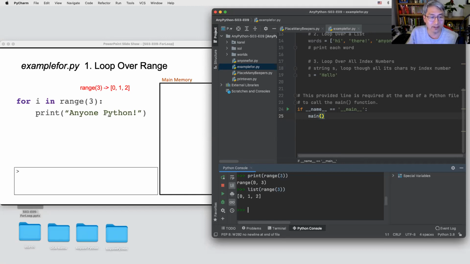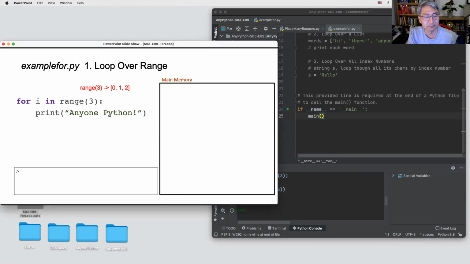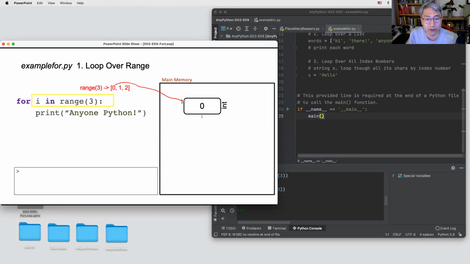So let's start. First, i will be 0. 0 will be assigned to the variable i. The variable is like a small box. In the small box, 0 will be assigned.